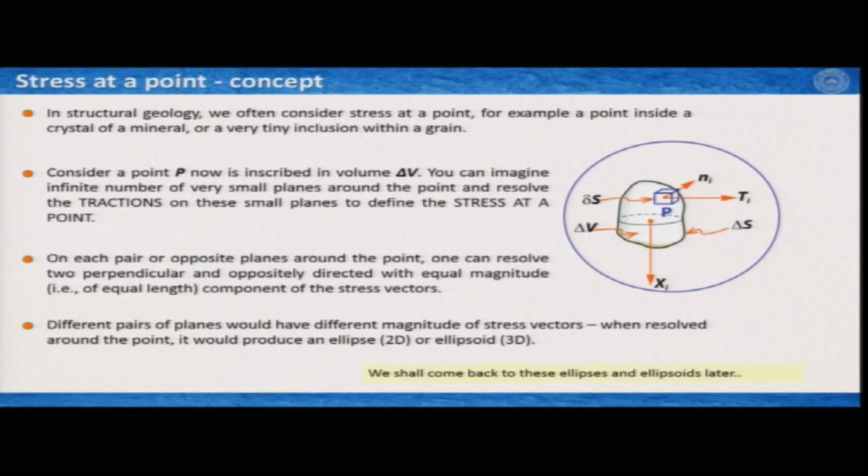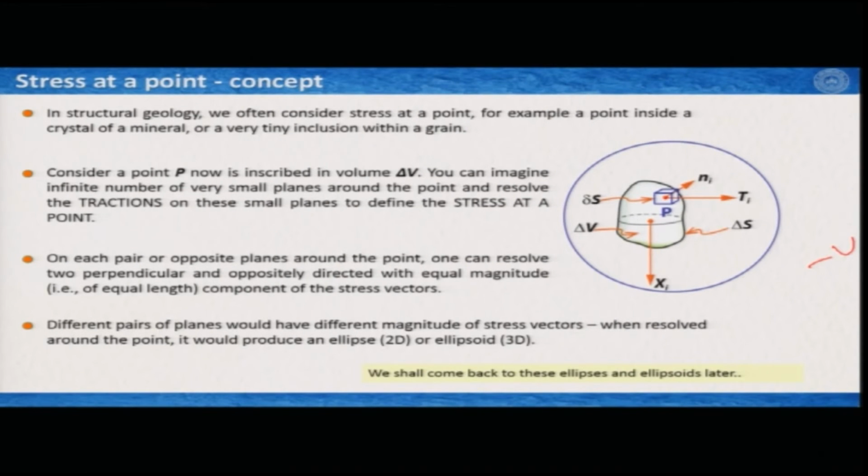Now, we will follow the same process. So, we have the same drawing again. We have this volume V somewhere outside, and I just highlighted the area here where you have del V, then delta V, delta S, and then del S, a small surface, and we have again the same point P, on which we have generated a very small surface, and we looked at how we can get the stress on a surface resolved. Now, to get the stress at this particular point, we consider the point inscribed in the volume del V,